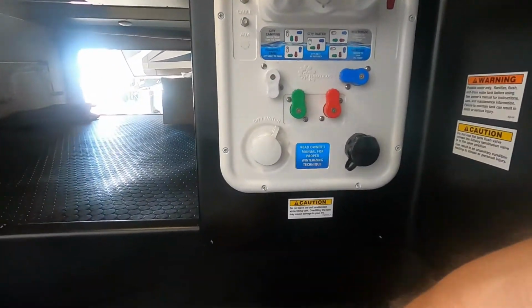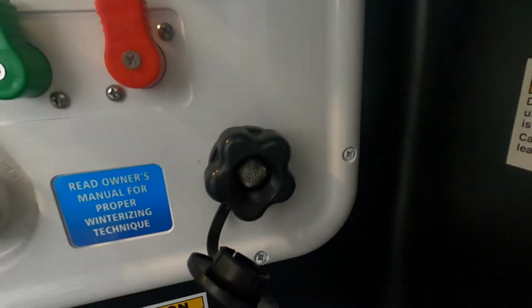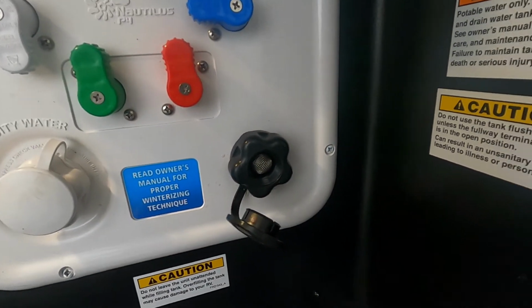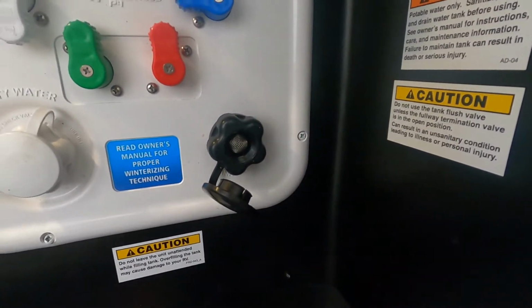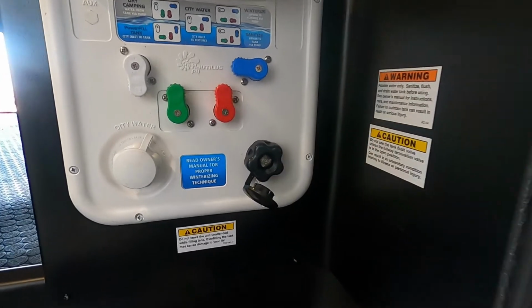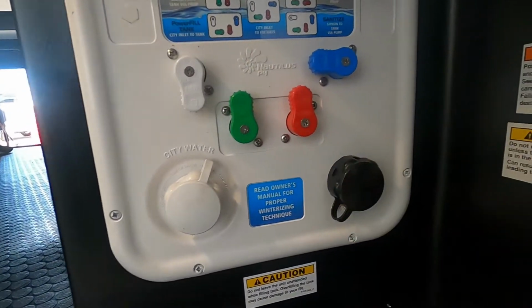Come up here, again with your water pressure regulator and the hose at the dump station. Hook up your hose right there, again, with your black handle open. And turn that hose on for a good 5 minutes. Let that wash all the nastiness out of your black tank. Once you're done, unhook that hose, close your black handle,